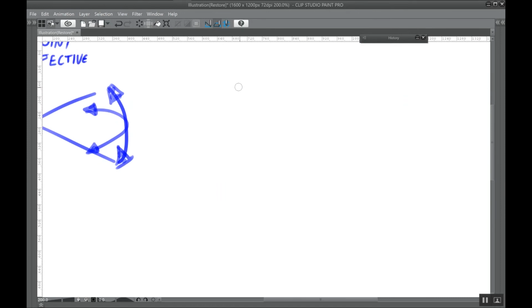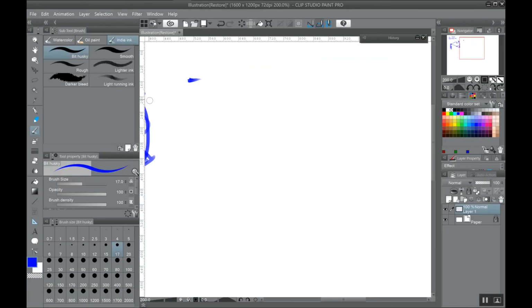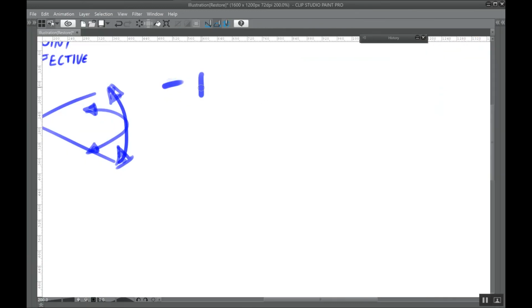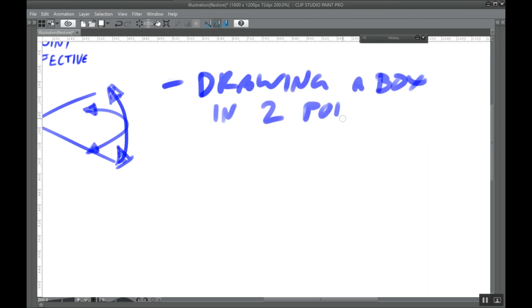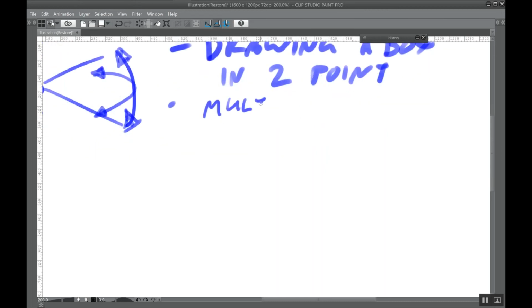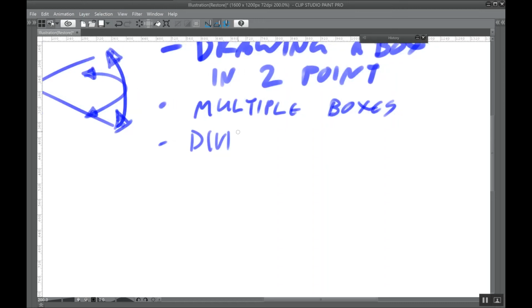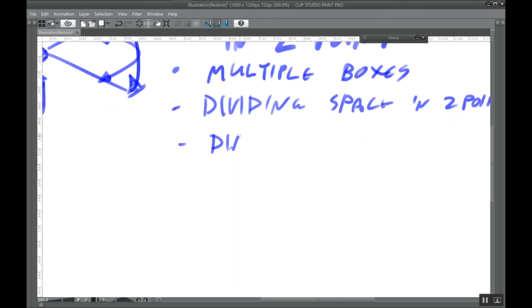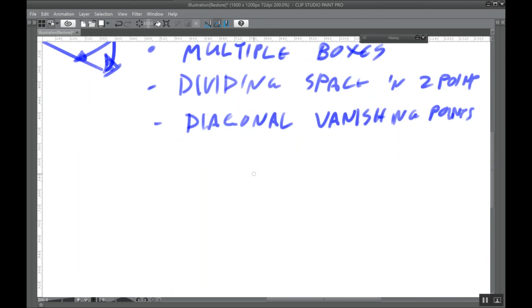I wanted to begin with the basics: drawing a box in 2-point, multiple boxes, typical boxes, dividing space in 2-point, diagonal vanishing points, special vanishing points,